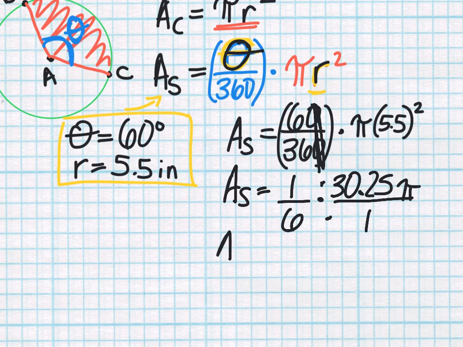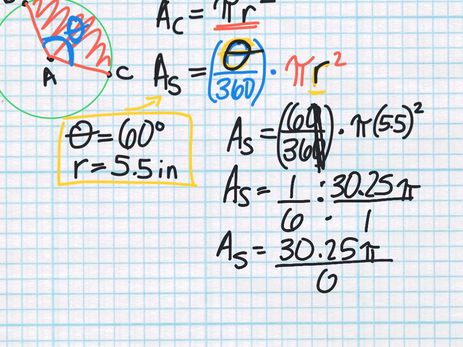So to simplify this further, area of the sector is 30.25 pi divided by 6. At this point, you're going to have to grab a calculator and type things in. Because I don't know about you, but I do not have the answer to this memorized. So if I do 30.25 times pi, get that answer, and then divide that by 6, I'm going to find out that the area of this sector is equal to